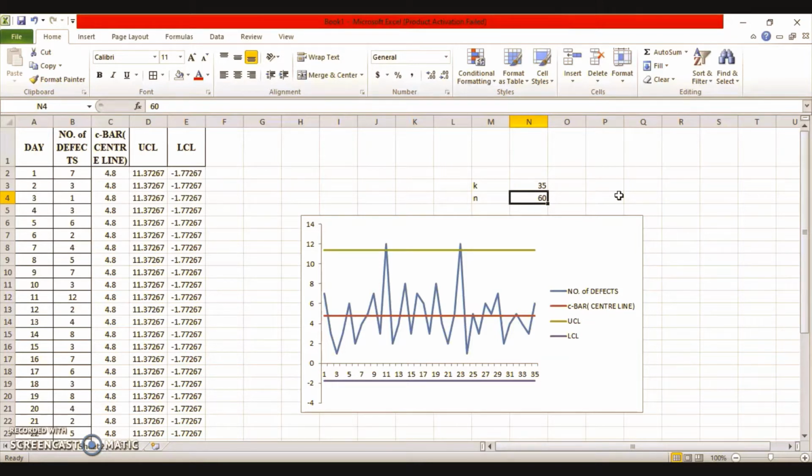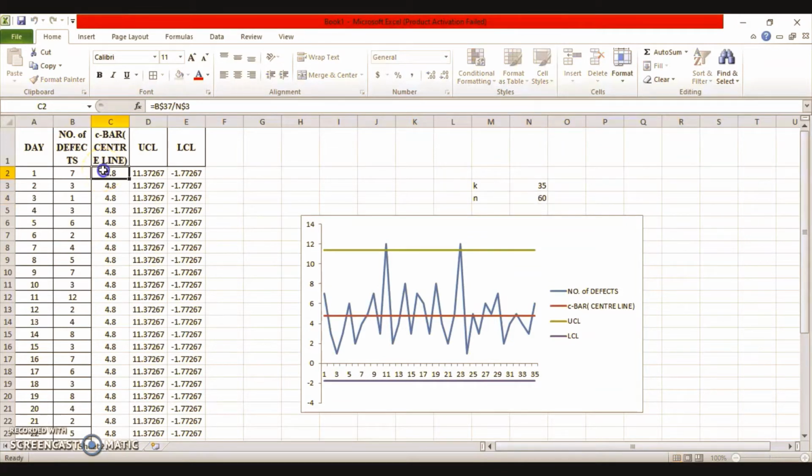So in this session, we will construct the control chart for the number of defects, that is the C chart, for the data that is given in this table. For this specific problem, I have already prepared this line graph. For those who have missed the previous session, I'll very quickly give a recap with the help of the formulas that we use to prepare this line graph.